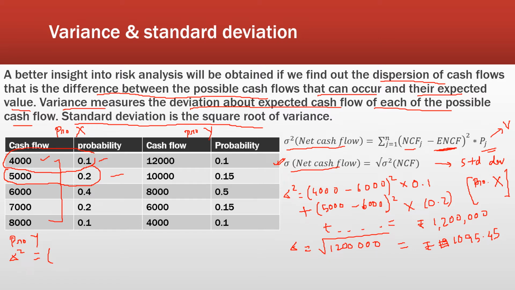So at first, 12,000 minus 8,000, multiplied by the probability of the first, which is 0.1, plus dot dot dot, like that we'll find the value of rupees 4,000,000, and the sigma is the root of